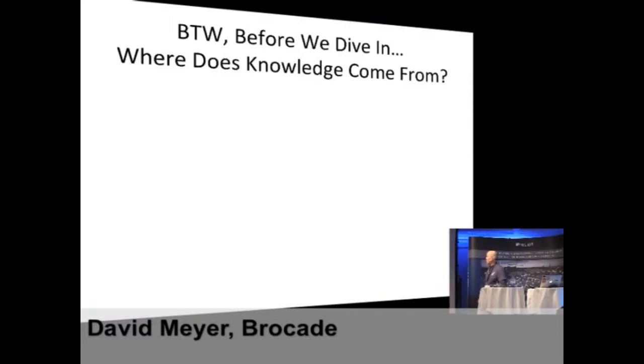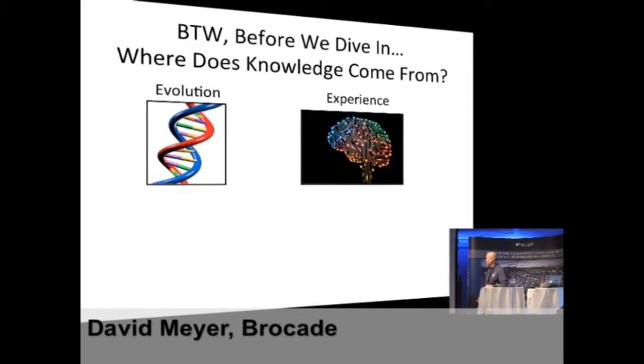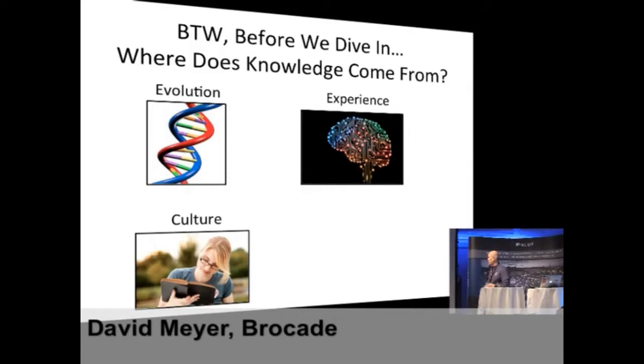ML is kind of about getting knowledge about your domain, like we heard earlier about configuration systems and things like that. But when you start thinking about it, where does knowledge actually come from for humans? The first thing is we get it from evolution. It's bound up in your DNA, and that tells how to make you and other kinds of things. You get it from experience: you have experiences, and then you learn things. And then we get it from culture. Culture is one of the things that allows us to propagate knowledge over time.